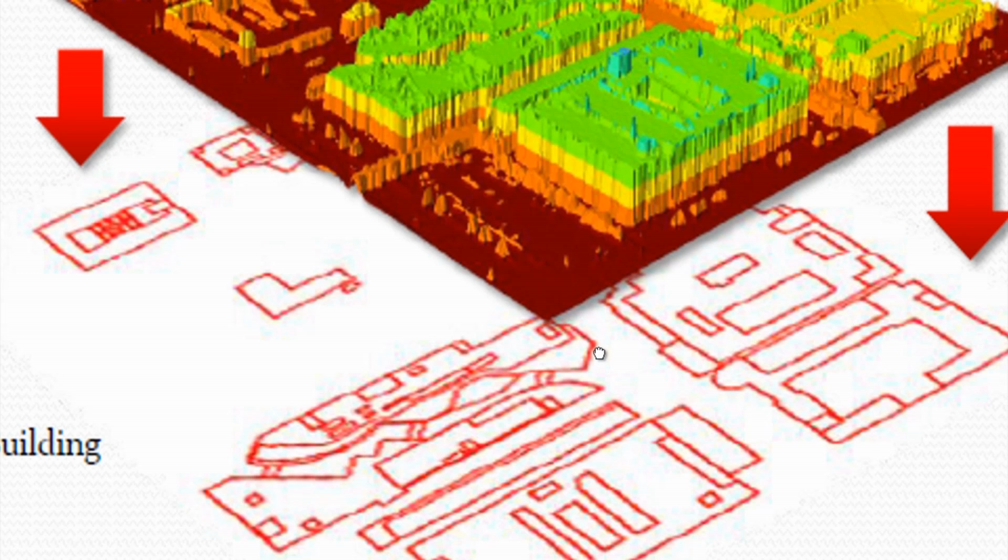So, this is what actually is being done in your, say, 3D analysis. You know the vector data, namely the 2D data here. From this 2D data you obtain the z value or the elevation value and then create the building. Once the building is created and you are able to generate the entire landscape for the entire area, you have the advantage of using a fly through.